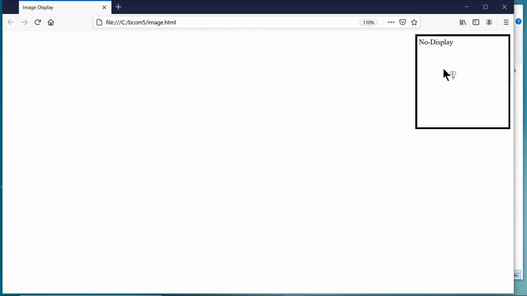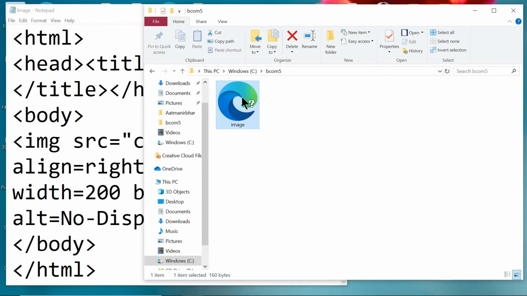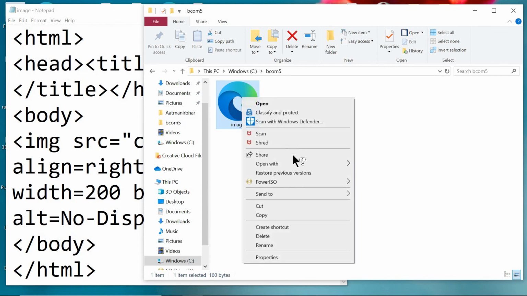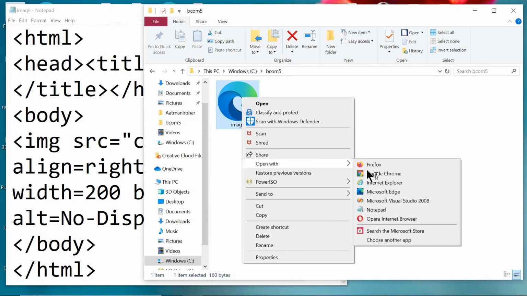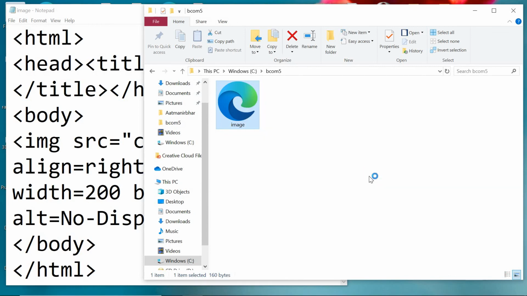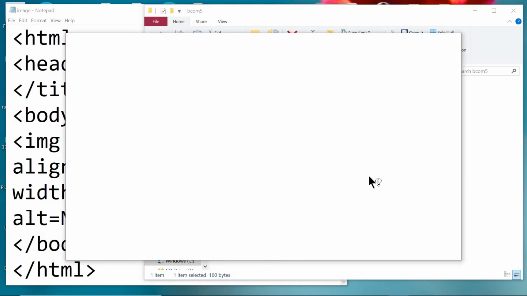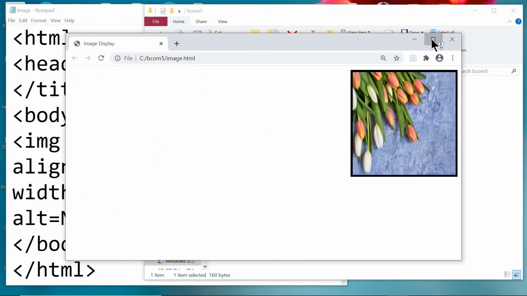This means that for Mozilla Firefox, both files, the HTML file and the image, have to be in the same location. In the same way, we will open this one in Google Chrome. Right click, open with Google Chrome. Even Google Chrome will support it.